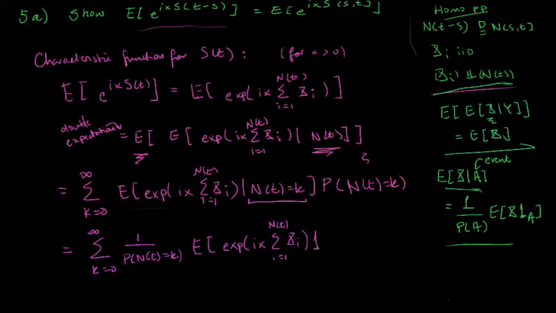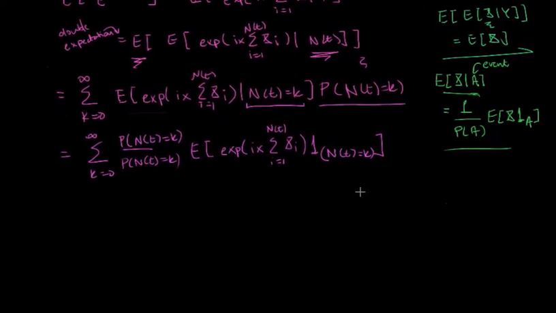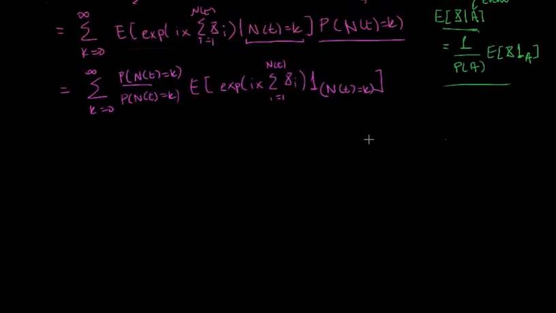As such, restricted to the event that N(t) is equal to k. Yes, so restricted to whatever I condition on, like this. And then I also have the last part, the probability that N(t) is equal to k, and because I'm kind of lazy, I'll just write it up here. Okay. So, what do we have now? Well, we do certainly have that some things cancel. These two things, they cancel, right? And then I have that,